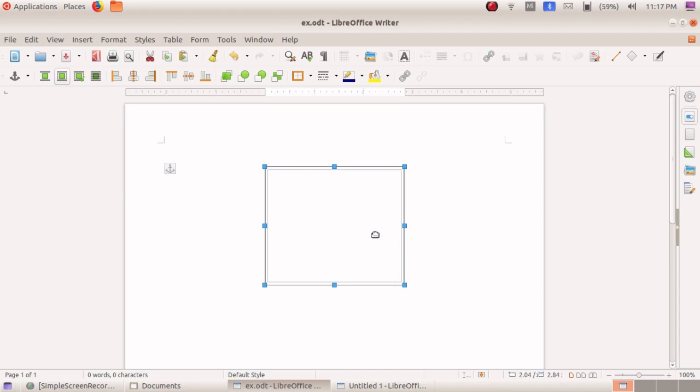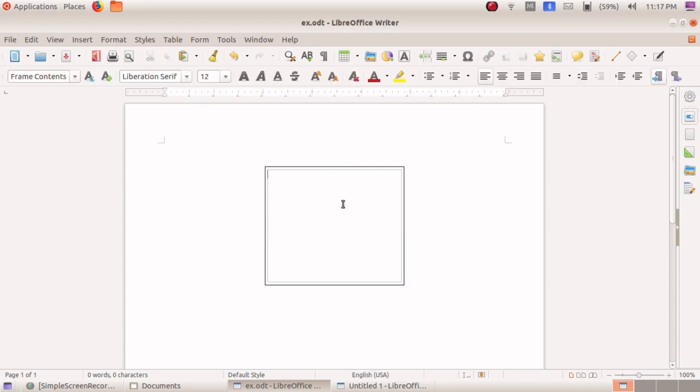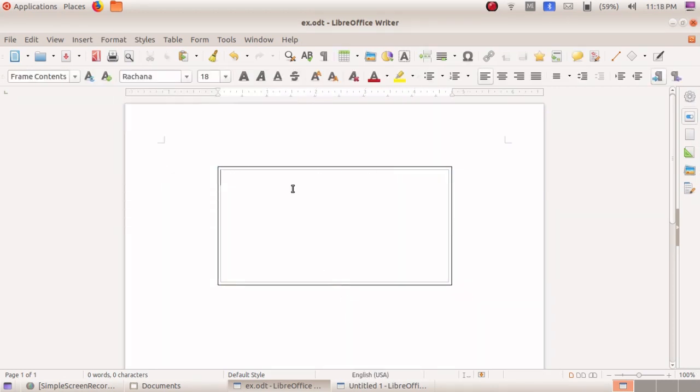Here inside that frame, I am going to type the text. You know how to type the text inside the frame. Click one time outside and again click inside the frame. Now I am changing the font size and choosing a Malayalam font also. Here I am going to type in Malayalam.